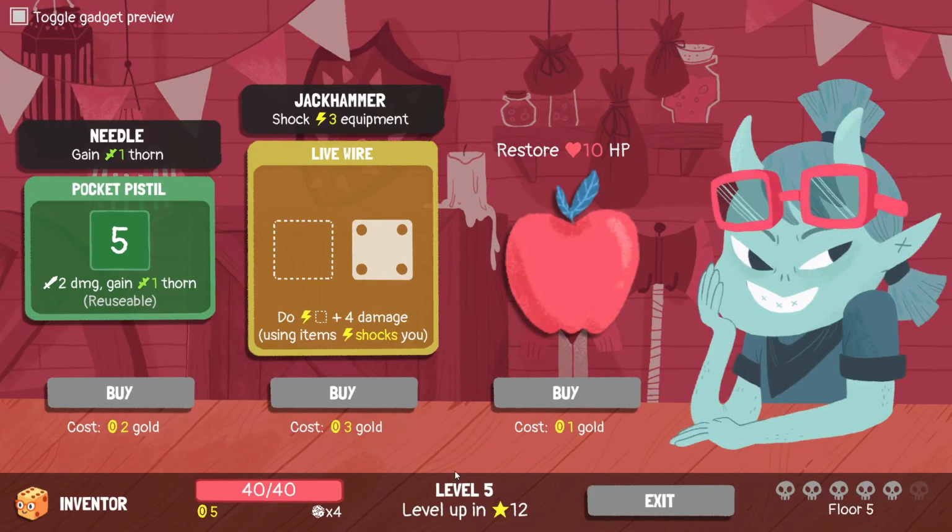What do you got? You got Live Wire. Using items shocks you. Pocket Pistol? I guess that's a plant term. Like, I feel like I've seen that word like once or something. But yeah, while it's unupgraded, it's a strictly better pea shooter, but...